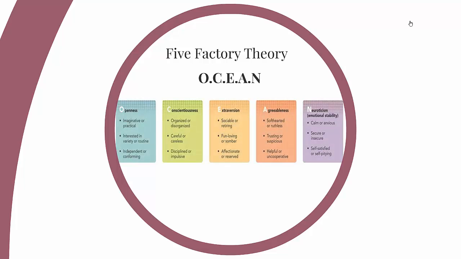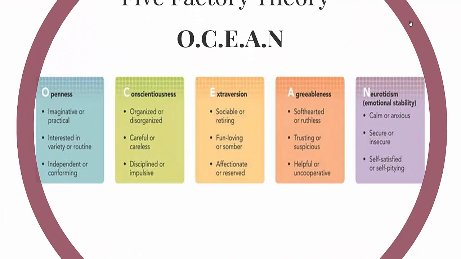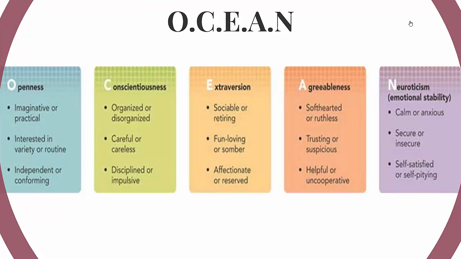The acronym can be OCEAN, it could be CANOE: openness, conscientiousness, extroversion, agreeableness, and neuroticism. Same way that we get at the data and information here. We provide you with a list of statements, we ask you how much that statement is like you versus not like you, and then you're sort of quantified and placed into these different categories, being high on neuroticism, being low on agreeableness, being moderate on extroversion, being high on conscientiousness, and being low on openness. That's how your results would come out.